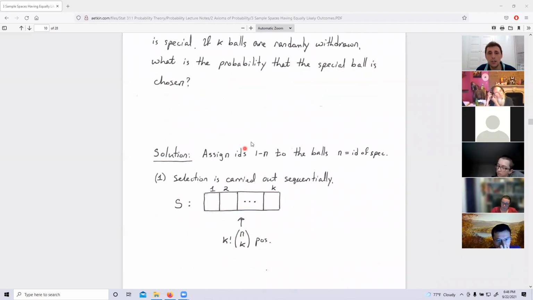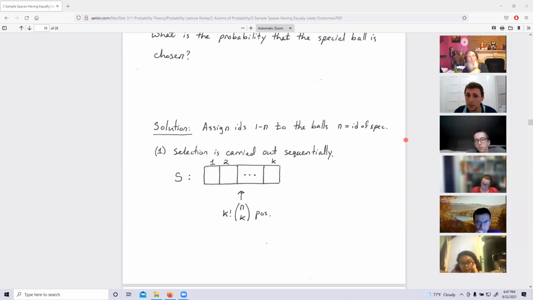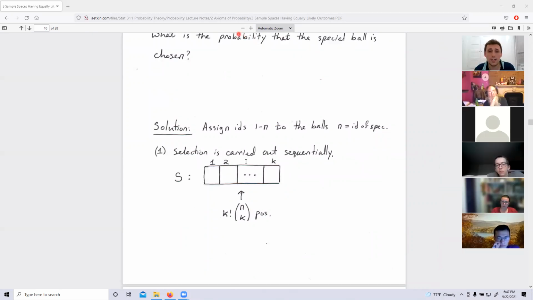So first of all, solution number 1, I'm going to work with sequential sampling. Imagine I pick the balls sequentially. So if I pick them sequentially, my sample space looks like this. The document for the sample space looks like this. And it has n factorial over (n-k) factorial possibilities, because I'm going to choose k balls. And my question is, what's the likelihood I pick the ball that I really like? Yes? So that's how to filter.